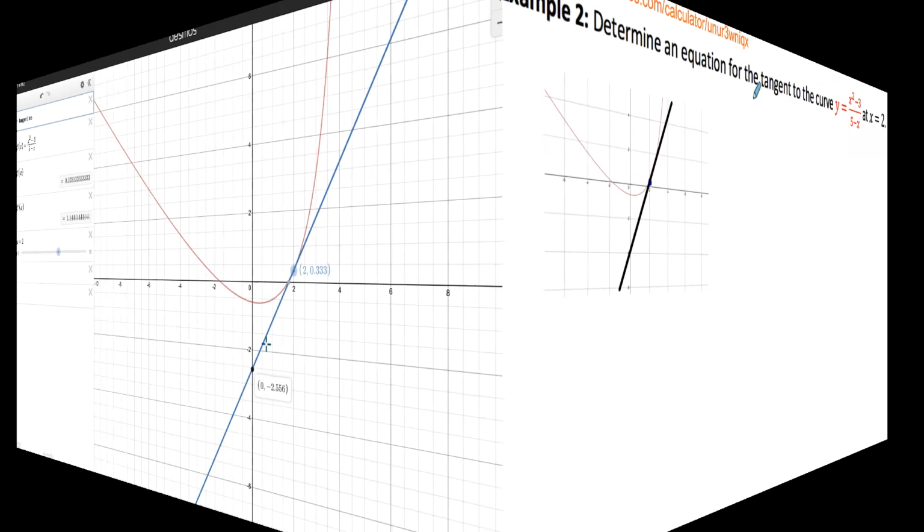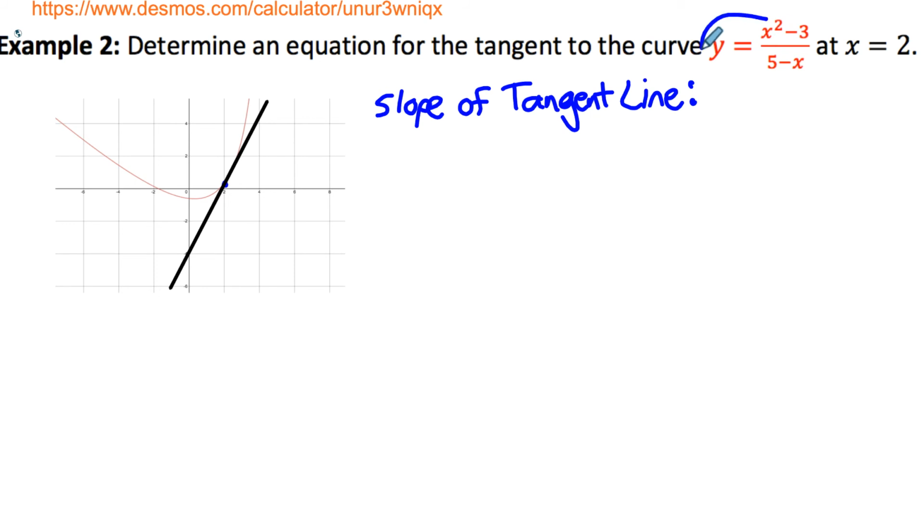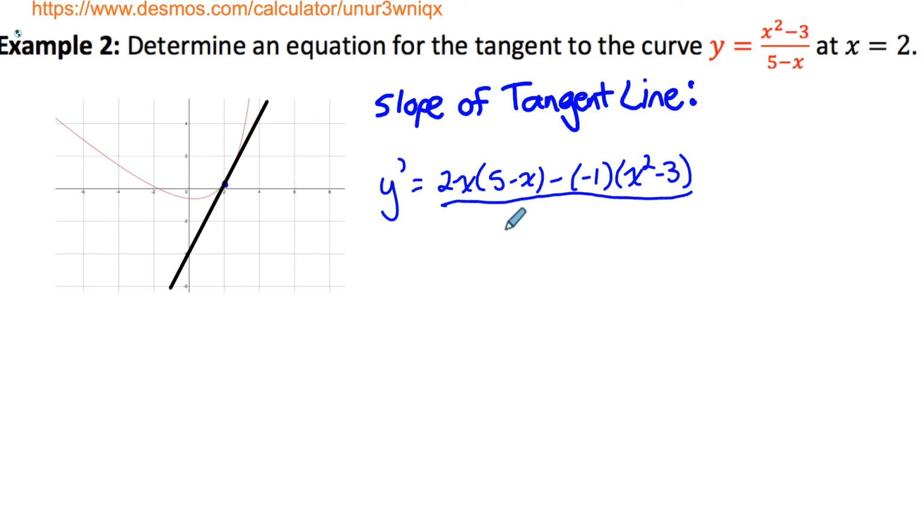Let's do that. Let's start by finding the slope of the tangent line. If I want the slope of the tangent line, I would have to plug 2 into the equation of the derivative. So I need to find the equation of the derivative for this function. I need to find y prime. Y prime equals, I do the derivative of the top, so 2x, times the bottom, minus the derivative of the bottom, which would just be negative 1, times the top, all over the bottom